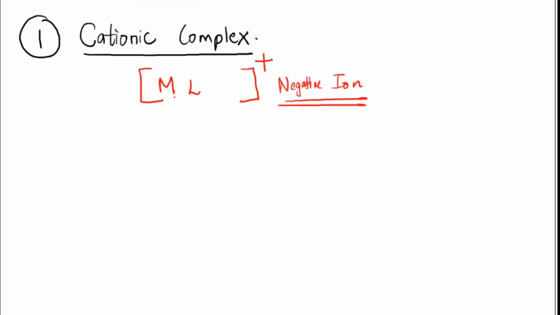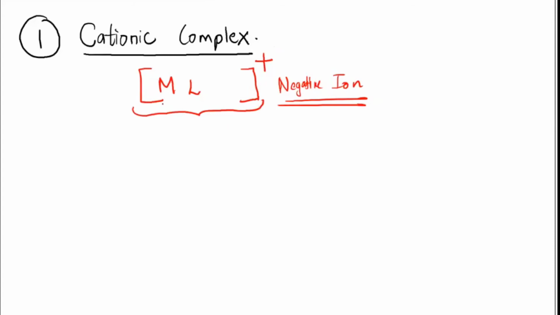Okay, so now you have to name this. So what is the order? I'm giving you that order, how you are supposed to name. So first thing you have to do is, if it is a cationic complex, you have to locate the cation. So you can see this whole thing is the cation part for us. Always the cation should be named first. So this whole thing you have to name first. Then you will go for that negative ion.